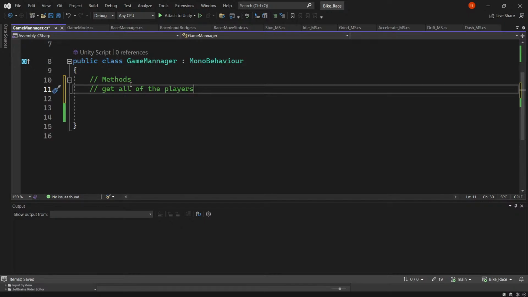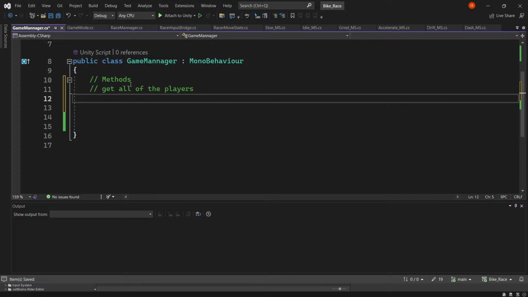So if I just want to get all the players, the easy way to do that is on enable. It's got to run before the player body one, not the player body. It used to run before the race manager does. So we're going to use on awake for right now. We're going to use on awake to simply